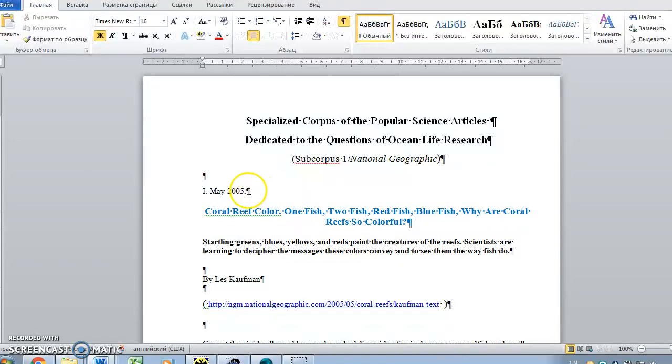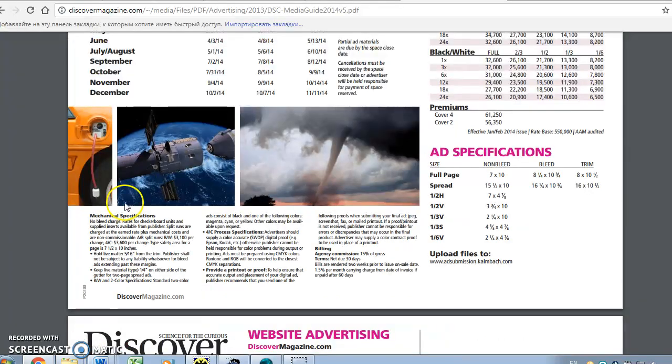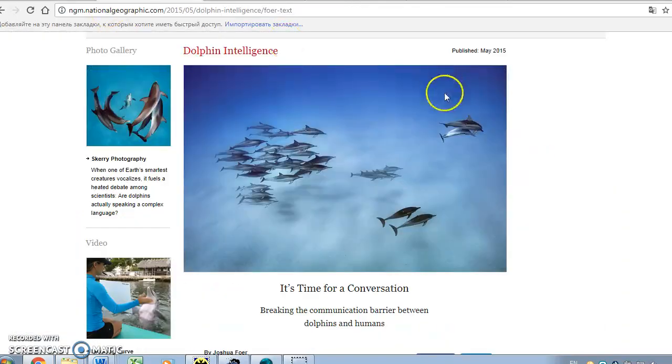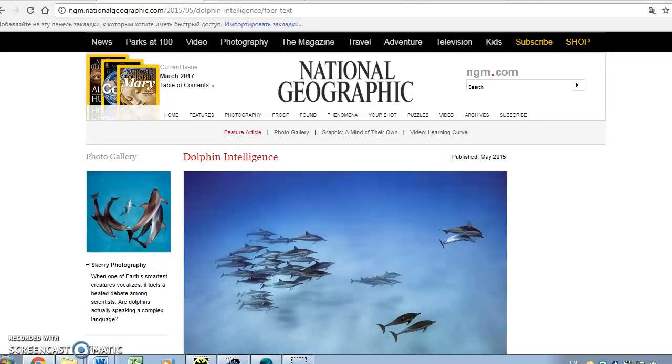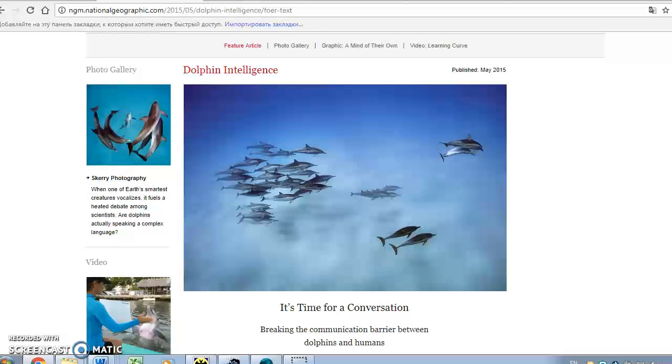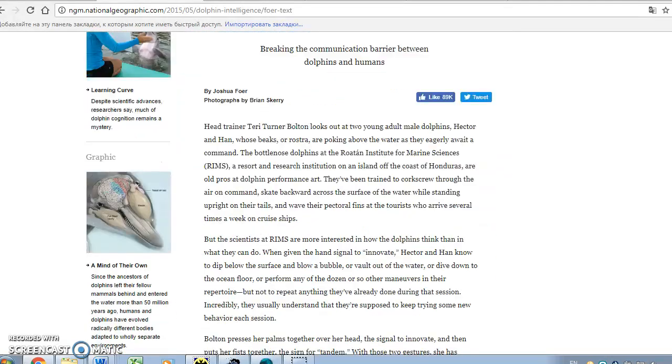That's why I decided to keep these small things about the contextual information regarding each article in the files with the subcorpora themselves, like it is done here, for example. And then also speaking about the ways of preparing the corpora, I should mention that if you look at the original variants of these articles, which are published on their websites, I mean, initially they were published in the printed magazines, but then they were also republished on their websites, which made it easier for me to prepare the electronic